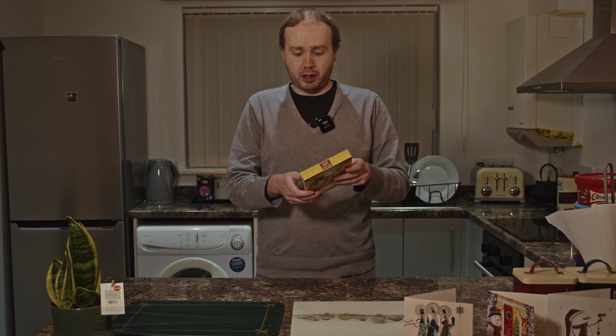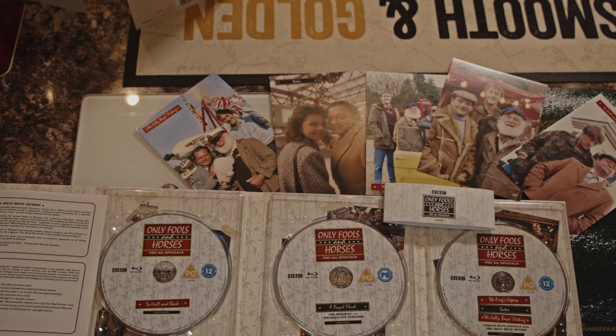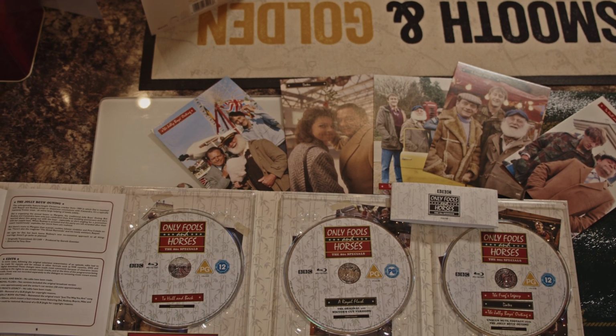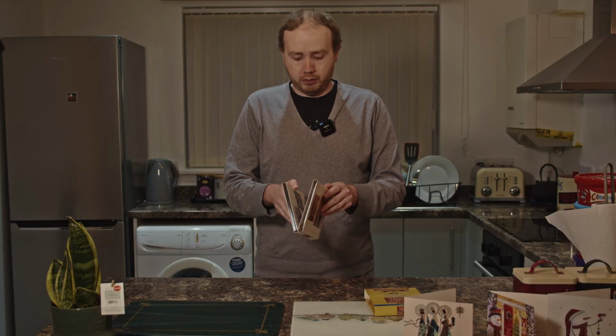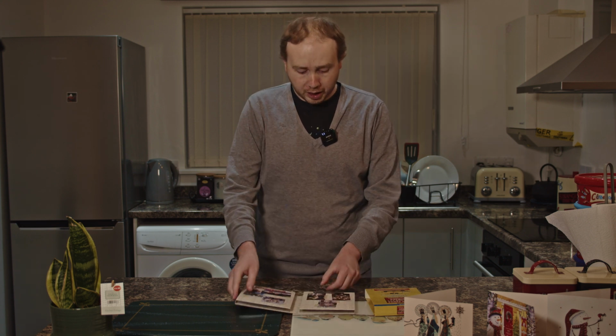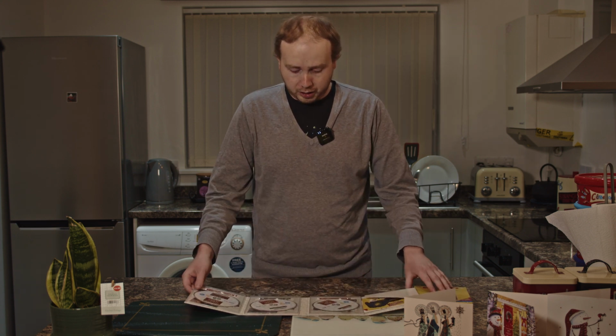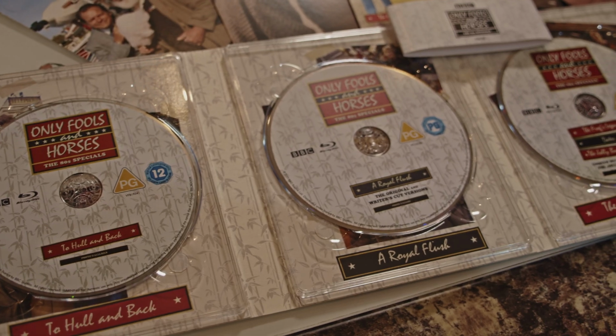So let's have a look at what you get inside it. Well, you get a lovely artwork on the back there. We'll show you some close-ups after. And when you open it up, you get some more behind the scenes pictures from the sets. And when you open it out, you get...